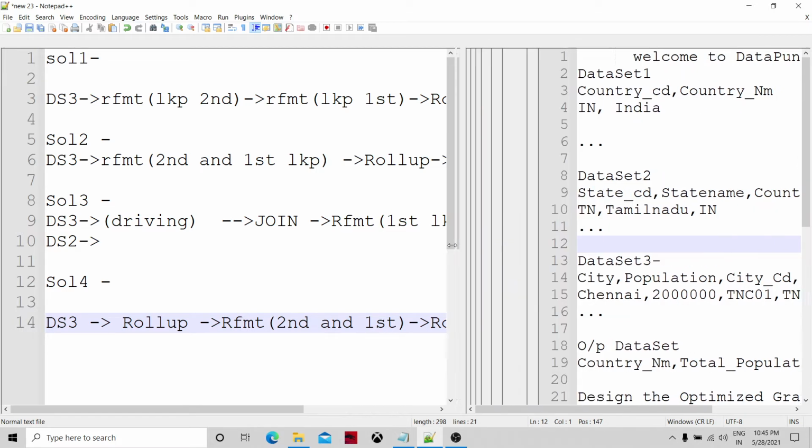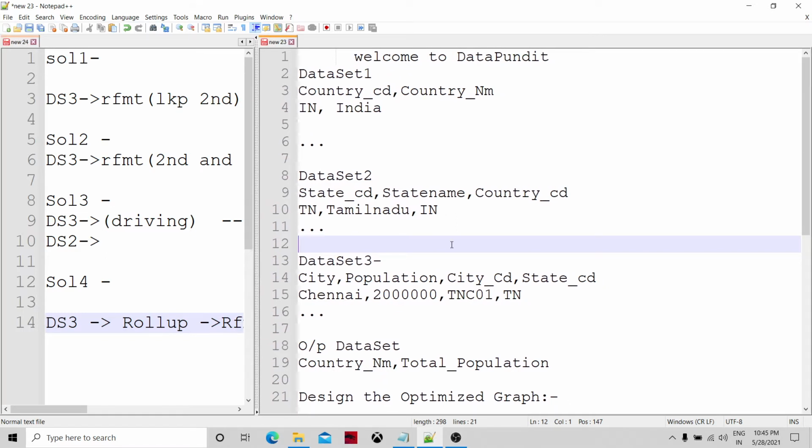If you look at the datasets again, the common feature of these datasets is that the population dataset would be very huge. In this particular scenario it could go to thousands of records, but in other scenarios we could have millions of records, let's say for dataset 3, and dataset 2 will have, let's say for India, 30 or 35 records, and for dataset 1, if we talk about the globe, we will have around 200 plus countries. Okay,